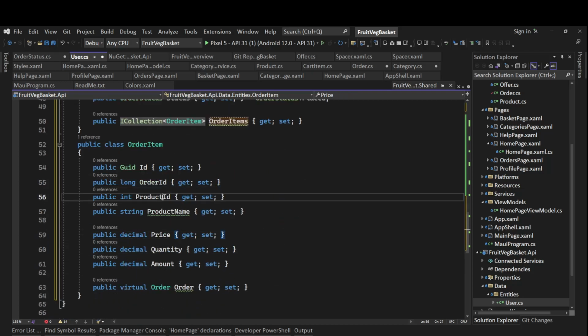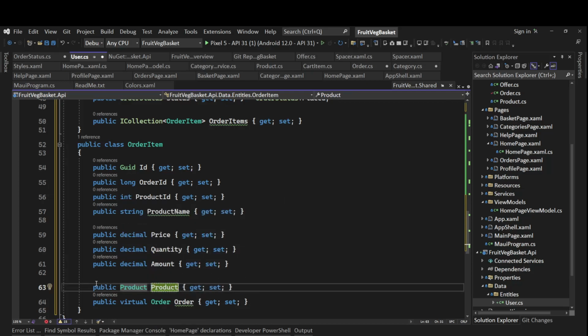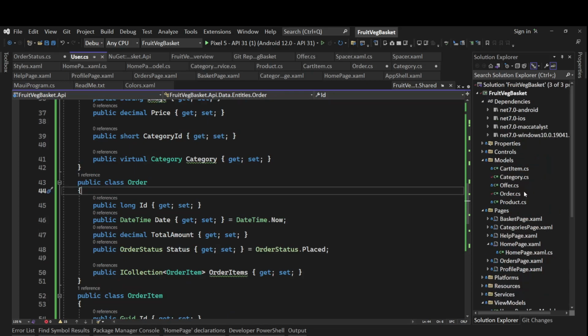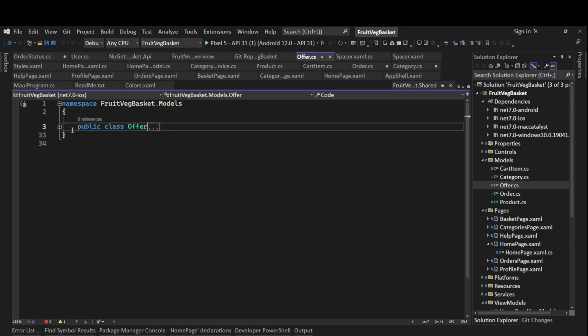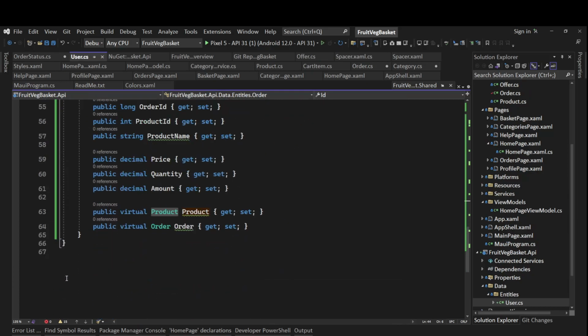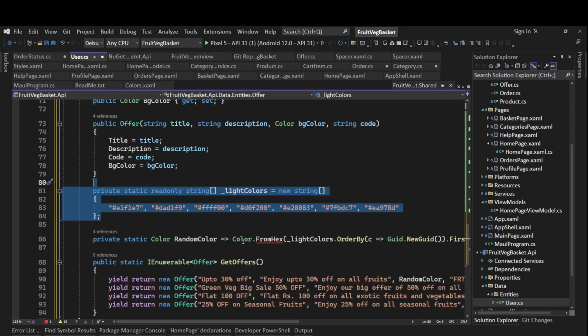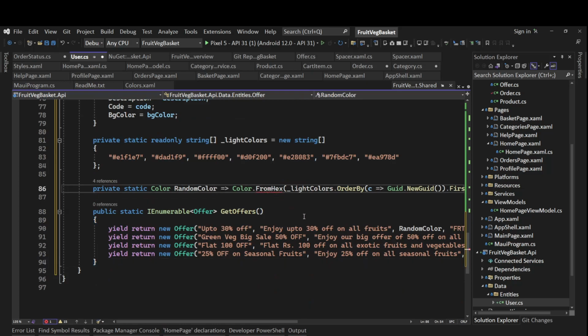Fine. Product ID. So we'll have one more property here for product, product, and virtual. Fine. We have order item, we have order, we have product, category, offer is missing. So let's add offer as well. Copy, come here, have this offer. We can remove this, or we can use this